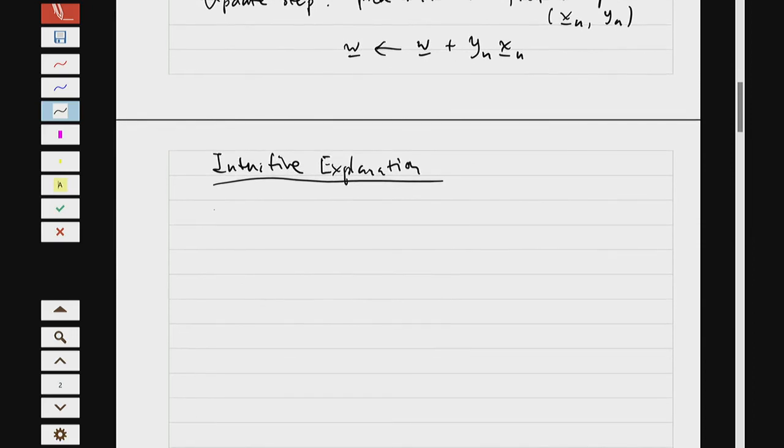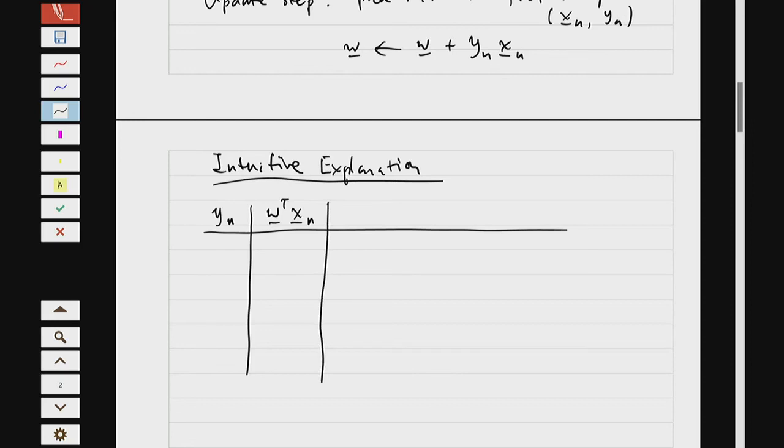To explain this, we'll look at a few items, yn, in a table like that. We consider all possible cases of yn and also w transpose xn, the inner product of these two. So what are the possible cases? Let's see. The yn can be +1, and then this inner product can be a plus or can be a minus, when the label yn is still +1. These are the